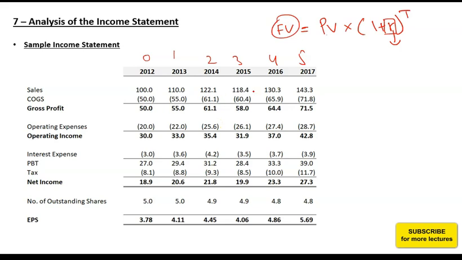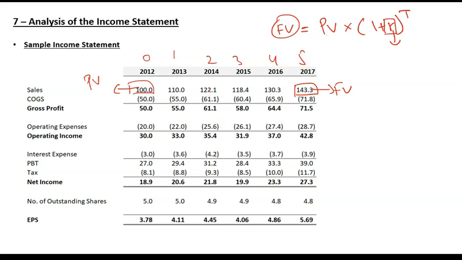इसमें future value क्या होगी? 143.3. This is the value at which you will be arriving after completing the 5 years period. So this becomes your future value. And what will be the present value? 100. This is the starting point from which you start. So this becomes your present value. That means 100 has increased to 143.3 in 5 years.